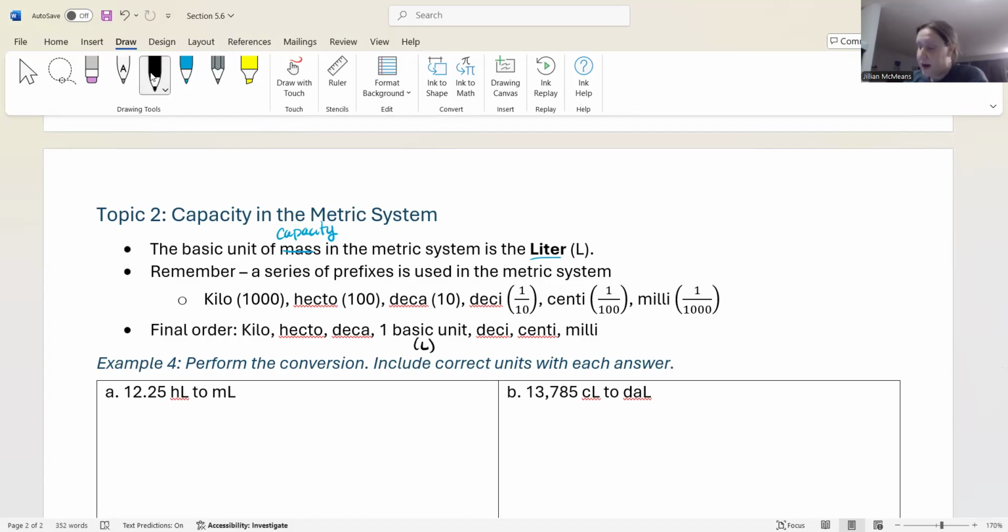Okay, so I'm going to write this out so we can use it for this example 4. So we have kiloliter. Ooh, don't put deca. We have kiloliter, hecto, deca. Remember, deca has an abbreviation DA instead of just D. Then we have a single liter, a deciliter, a centiliter, and a milliliter. So that's the order that we want from largest to smallest. And remember, King Henry